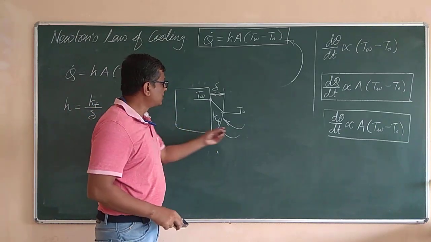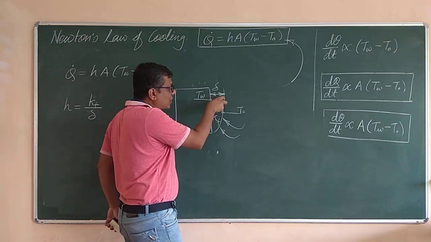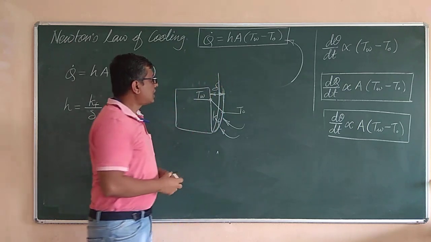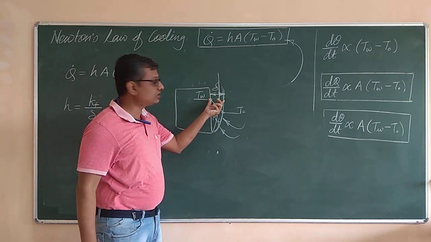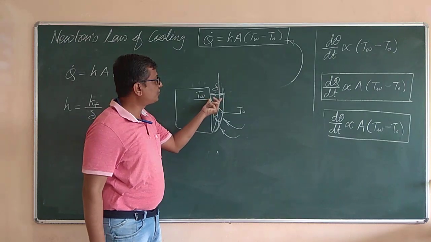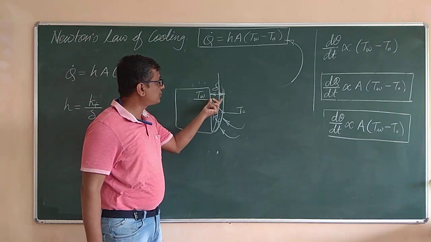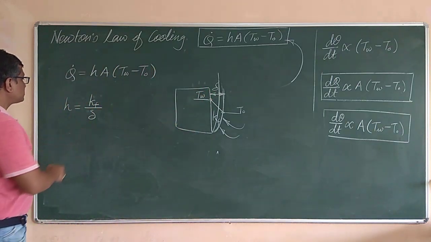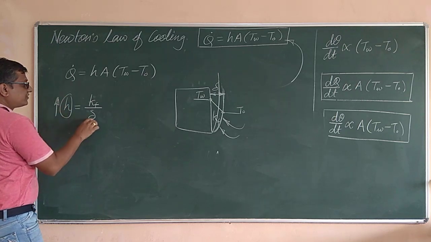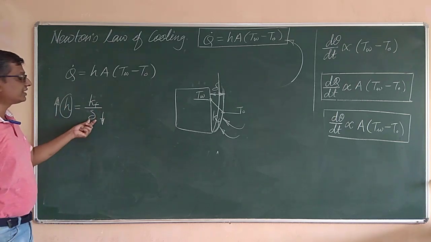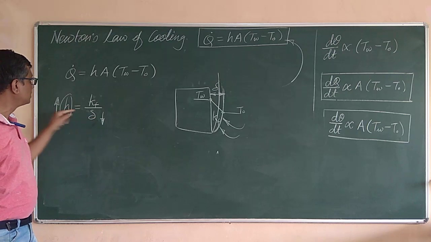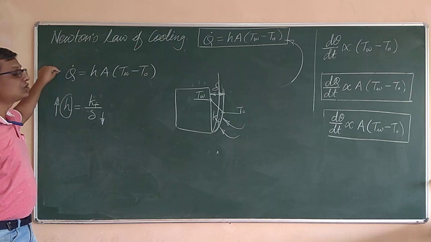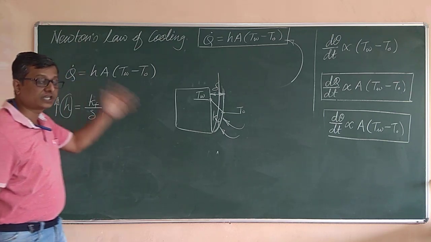Now see, naturally the air will keep on moving like this, but if we forcefully blow air over the surface, the blowing air will reduce the boundary layer thickness. So instead of this layer, there will be a new layer somewhere over here. Earlier, due to natural convection, the boundary layer thickness was this much. Due to the force the air velocity is increased, and the boundary layer thickness reduces. As this delta is reduced, h will increase. If delta, the thickness of the film, is reduced, the convective heat transfer coefficient will increase, and as h increases, Q dot also increases. That is, the heat transfer rate will also increase.